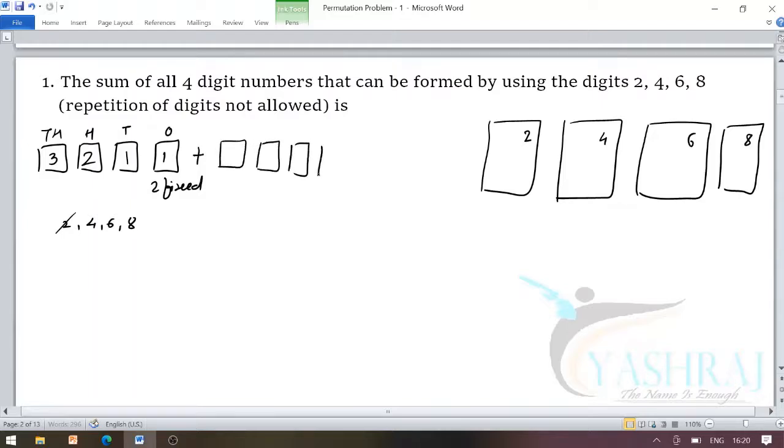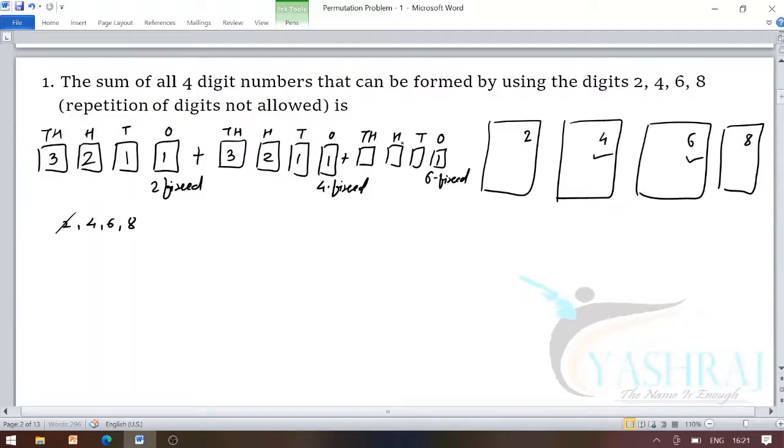Now we have to find the 4-digit numbers that end with 4. So we have to fix that 4 at the ones place or the unit place. So there is only one way. And for the thousands place, hundreds place and tens place, we have 3, 2, 1 ways respectively. Now try to evaluate how many 4-digit numbers end with 6. So we have to fix the 6 at the ones place. So there is only one possibility to fill up the ones place, while to fill up the thousands, hundreds and tens places, we have 3, 2, 1 ways respectively.